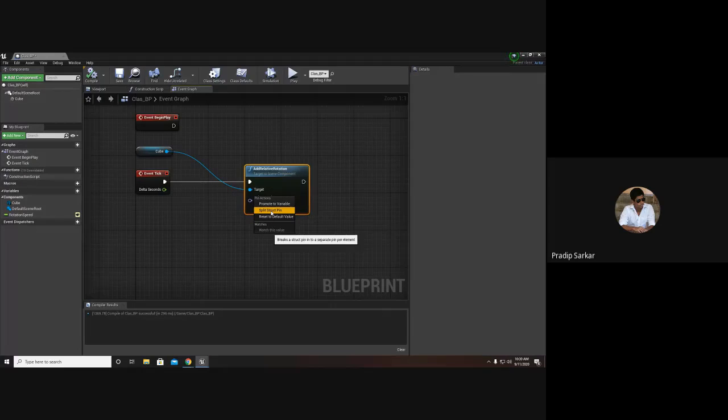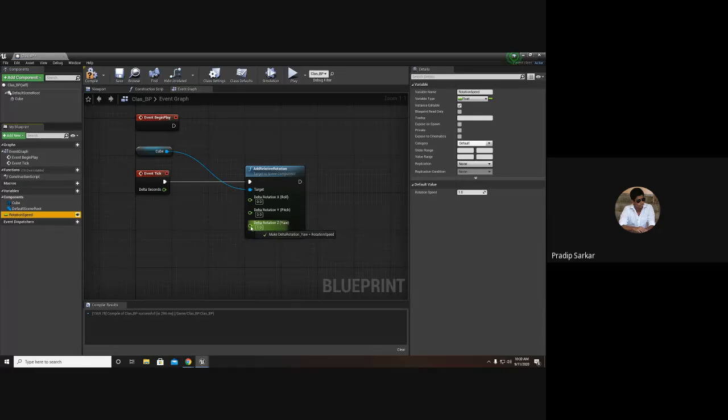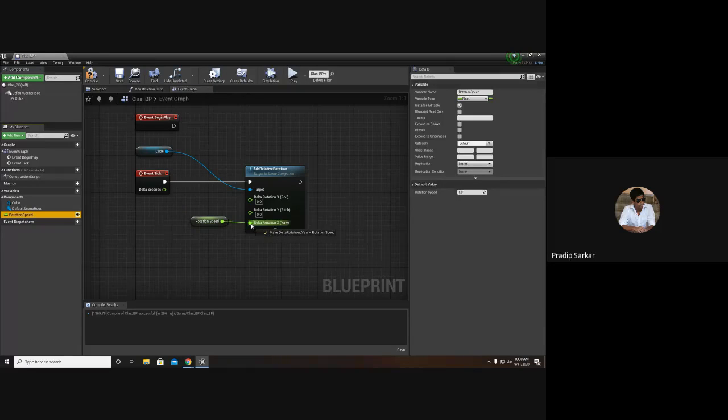I want to split it, so I will split this pin. Now I have X, Y, and Z, the three rotation values. Now I can assign this rotation speed to the delta rotation by directly dragging and dropping it onto the delta rotation.